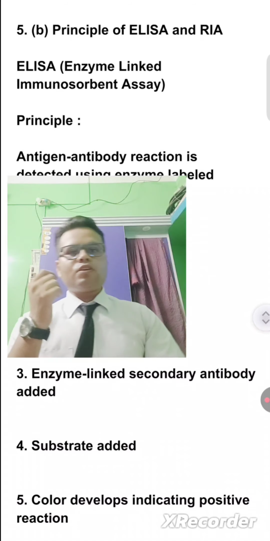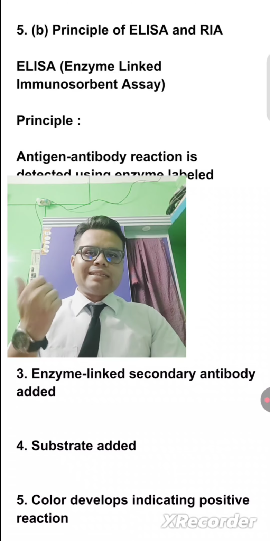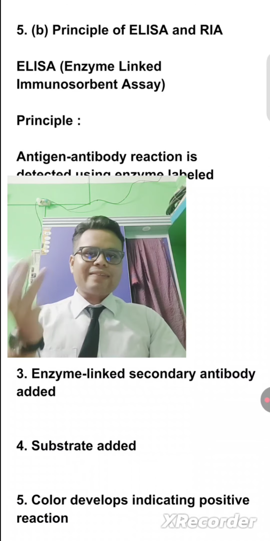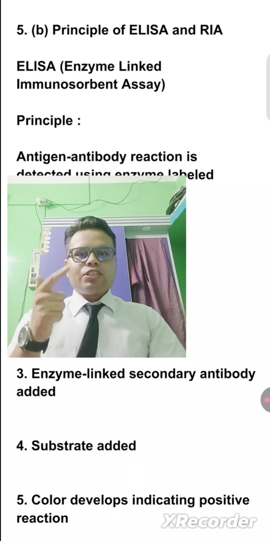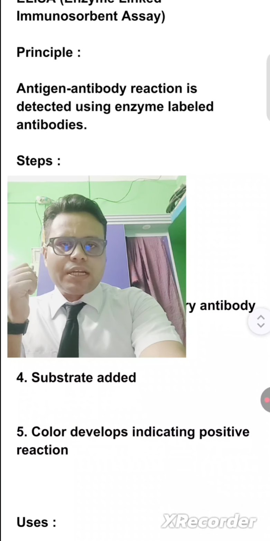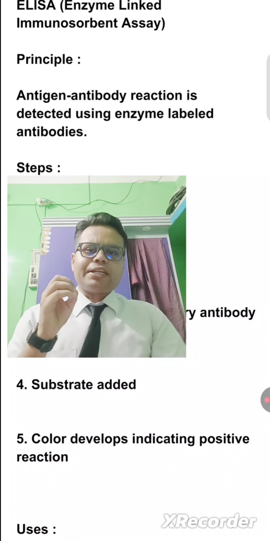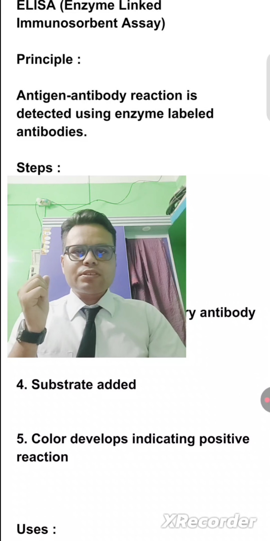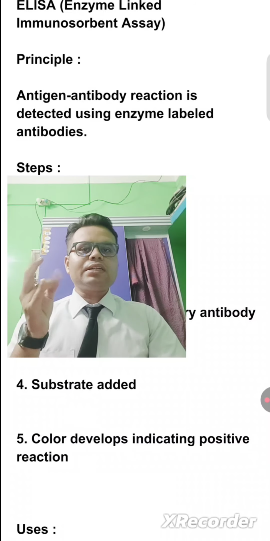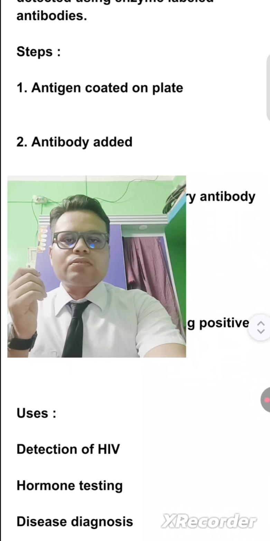After that, the principle of ELISA and RIA. ELISA full form, class, is enzyme linked immunosorbent assay. So antigen antibody reaction is detected using enzyme labeled antibodies. So these come under ELISA, enzyme linked immunosorbent assay. The steps are: